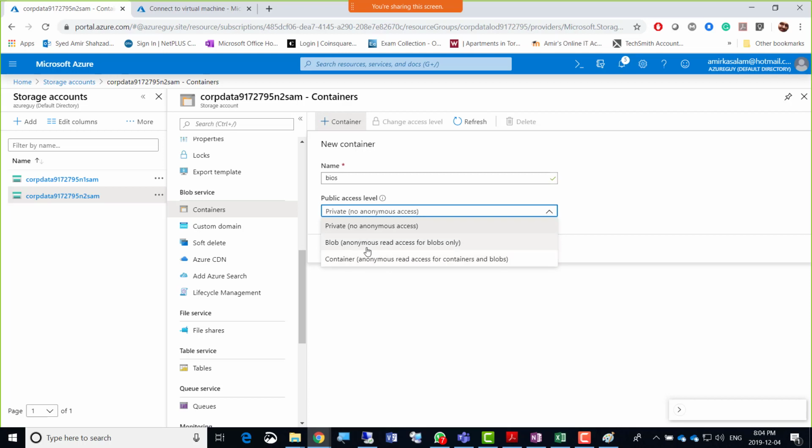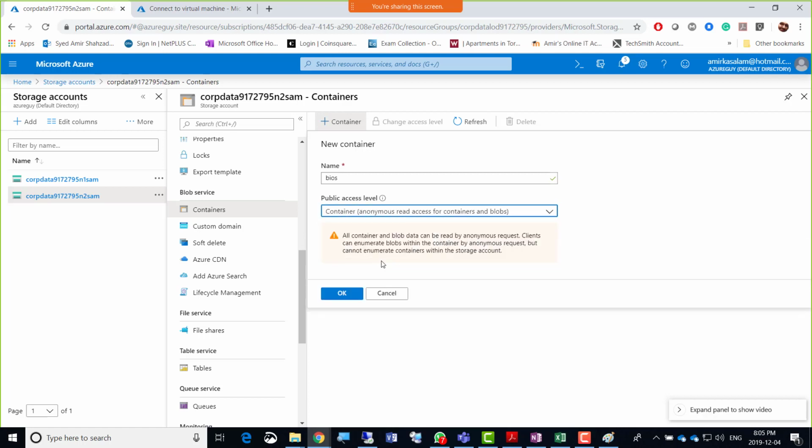It can also go for the second one, but better go for the third one, because they said anonymous access should be there for users to browse the folders in the container. Okay, so that's the third one here. All container blob data can be read by anonymous requests. Clients can enumerate blobs within the container. So we're good.